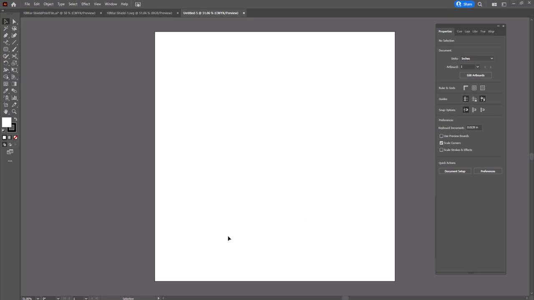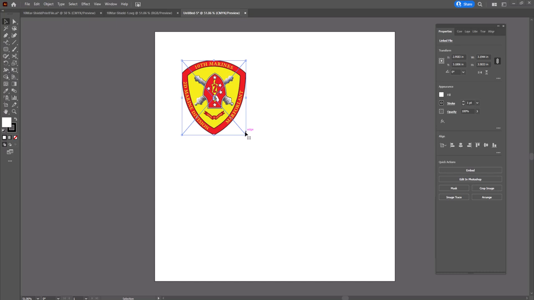And then what we're going to do is bring in the image that we're going to use as a background that we want to recreate into a vector file. So you can download this shield. It's a 10th Marine shield, and you can download it from the introduction video for this tutorial. And all I did was, from my Windows File Explorer, I just left clicked and dragged and dropped it into